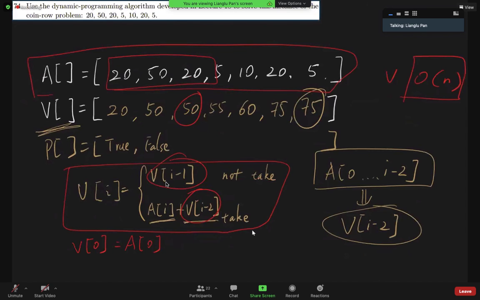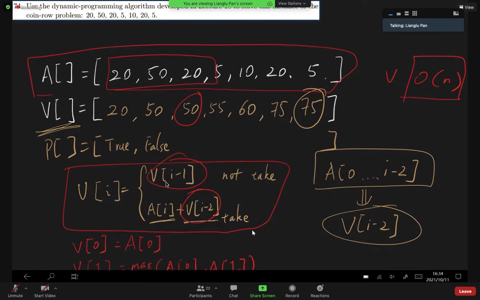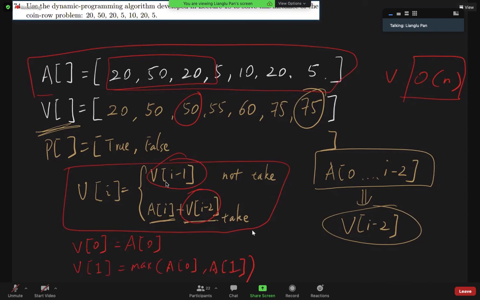And for the second value here, what should we get? If we have 2 coins available, we can only take 1 of them. So we are picking a larger element. So we will be taking the maximum of A0 and A1. So we have these 2 base cases. And for any other i value greater than 1, we will use this